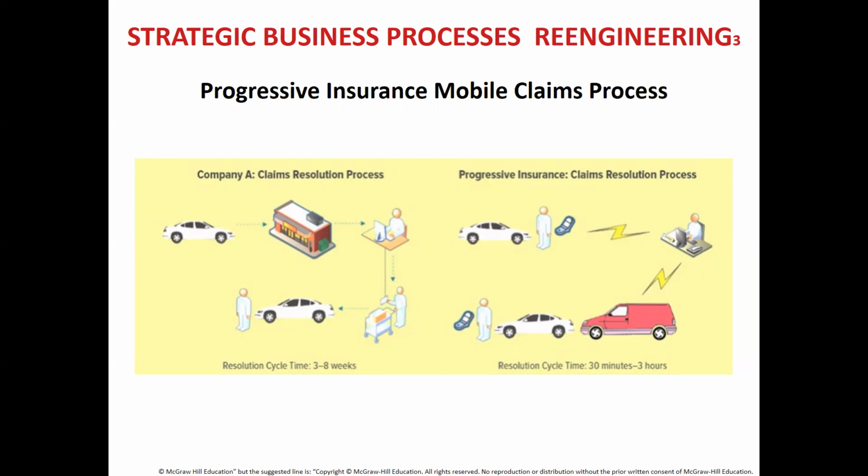Now, why I have specifically chosen this slide, because the first one, the claims resolution process, this is the old process, and this is the new process, what insurance companies are actually approaching these days. So the old process was something like this. When you have an accident, first of all, you'll require a police report. So that police report, you'll take it to the insurance company. What the insurance company will do is they will give you a form.